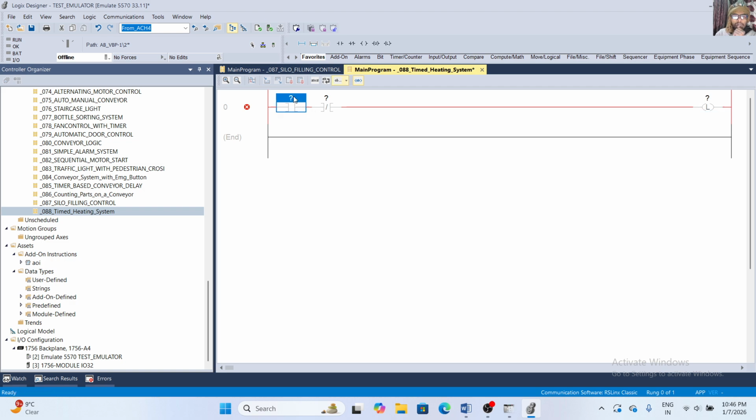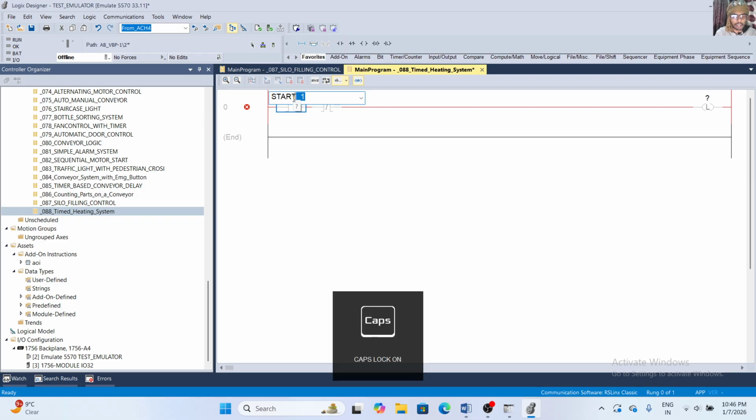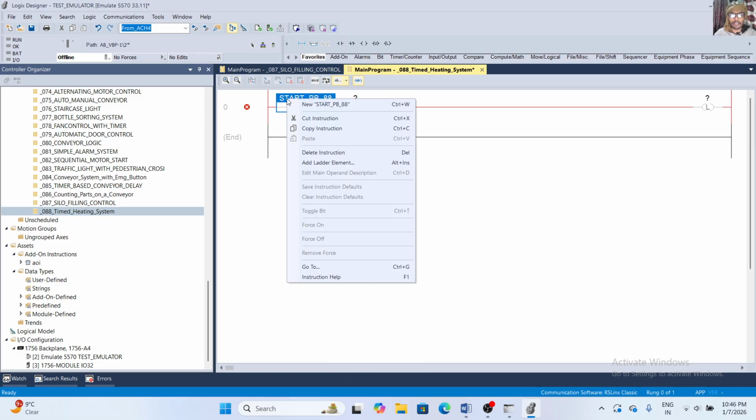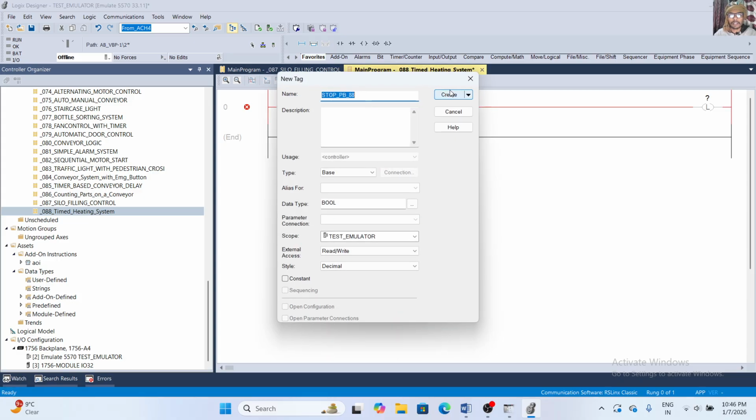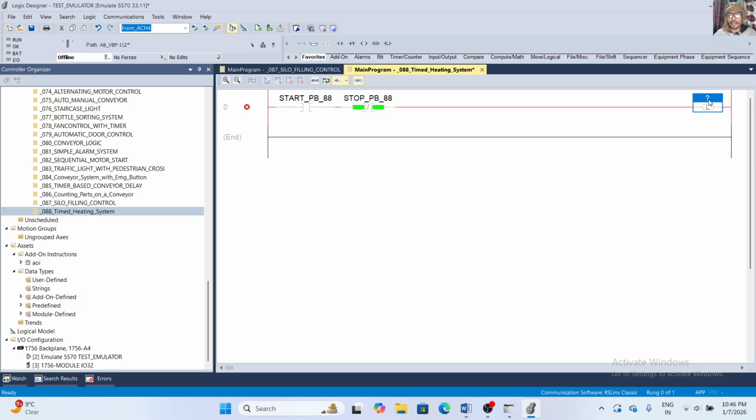Okay, so I create a start PB 88, in caps STRT, start PB 88, and now I define this tag and create it. After that a stop PB 88, and I also create this tag stop PB 88.